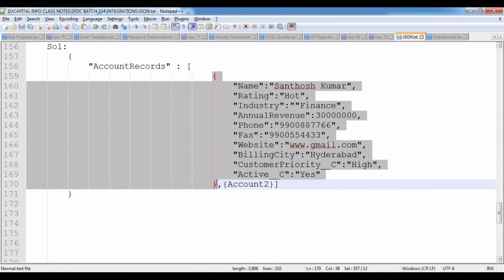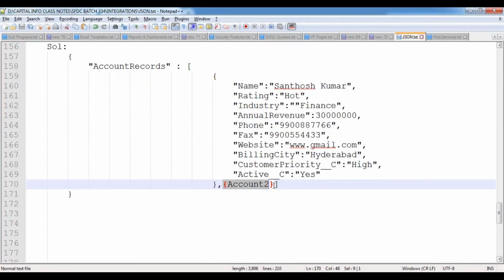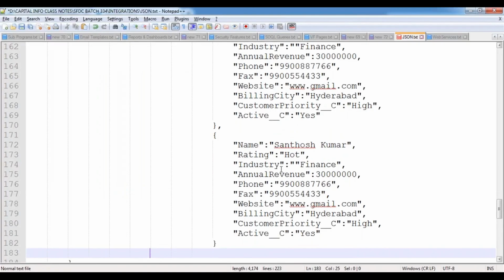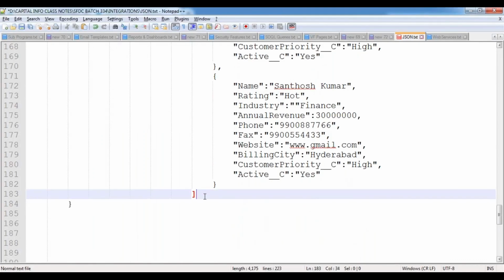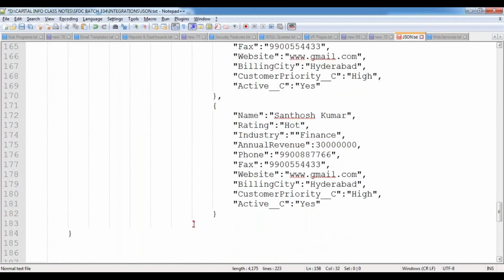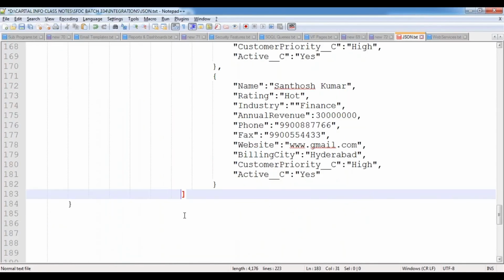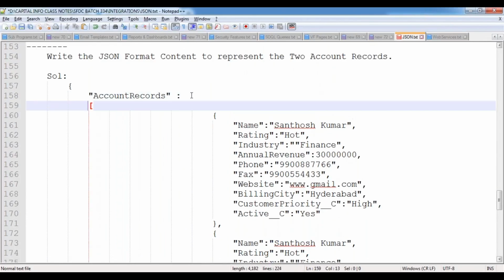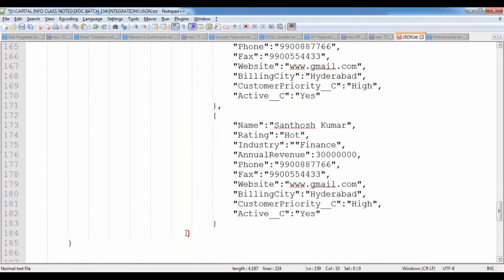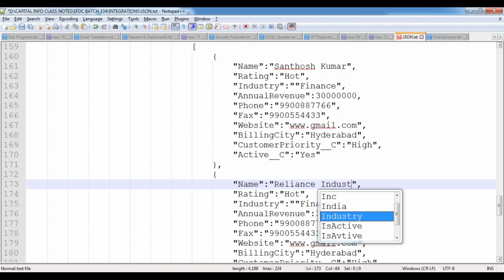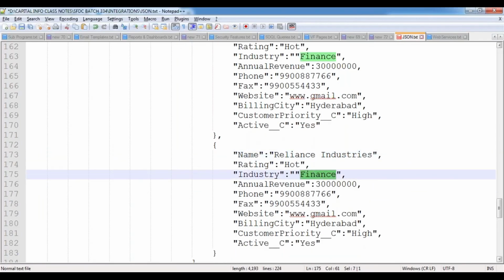Now, in a similar way, I want to prepare another record also, so that here we can specify. This is the second account record I would like to prepare. Both we have to enclose with the square braces here. That's it. Both we have to place inside the square braces. Now this is the second record. For the second record, I'm changing the values: Reliance Industries, rating value hot, industry, some manufacturing,